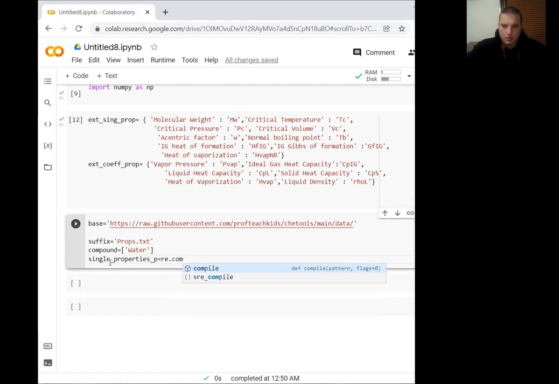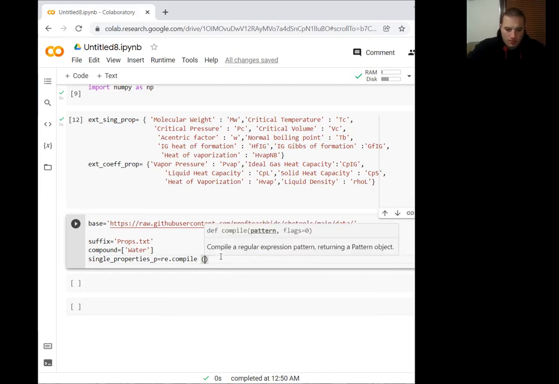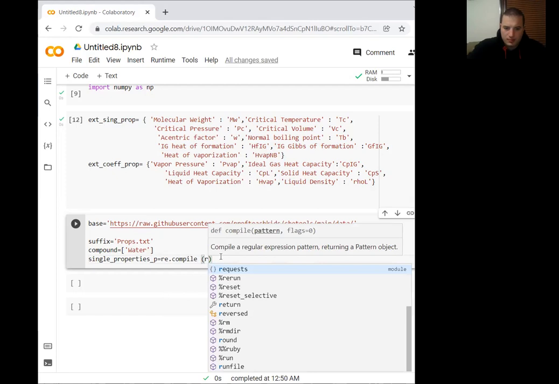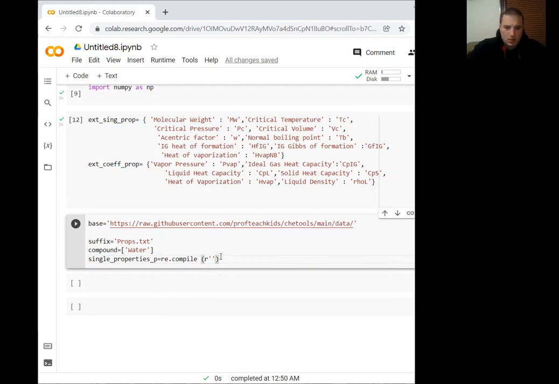And this is going to be where we're using the regular commands. We're going to compile. And we're going to need to start with R. This is raw file. The reason the raw file is important is because if you don't take the raw file, things like